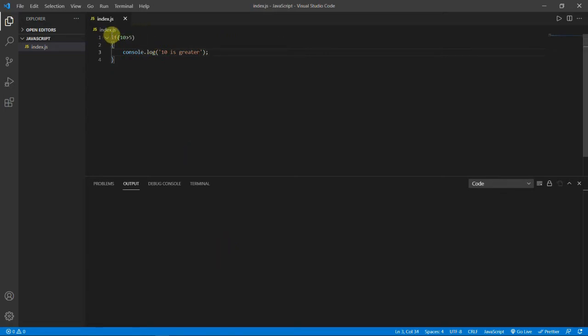Okay, this is the basic if statement. This is our condition and this is the block of code.